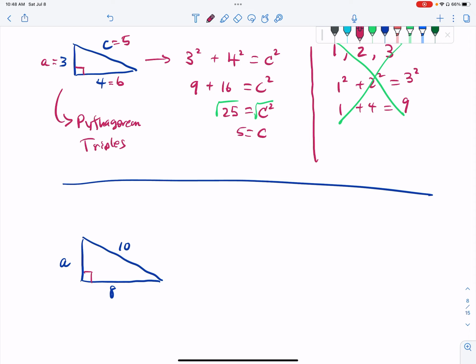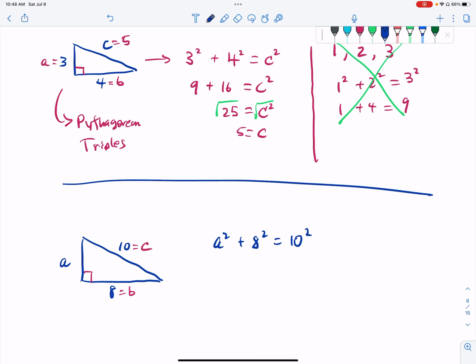I want to make sure that I understand that 10 up here is the hypotenuse, it's the C, it's going to go in the Pythagorean formula all by itself, and then we'll make the 8 equal to a B. So putting these things down into the formula, we've got an A squared plus an 8 squared is equal to